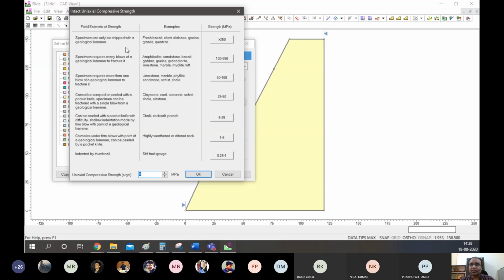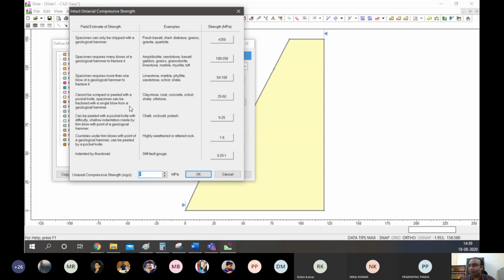In a geological field survey, it's not easy to just get the value of UCS, right? So we have to approximately estimate it, and these estimations are obviously very subjective, because crumbling with the hand for me and for anyone else will indicate different strengths. But it gives an overall picture of generalized approximations.